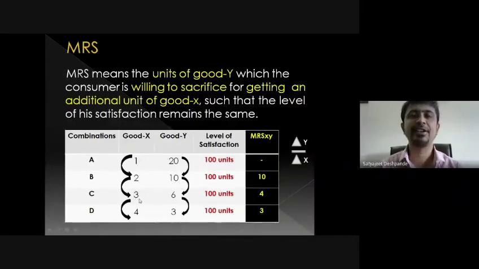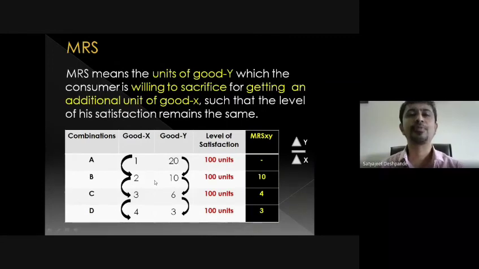And after drinking the third glass of water, if you ask him how many ball pens he will now sacrifice for the fourth glass of water, his thirst has been quenched. He's satisfied with the water. So now for the fourth glass of water, he's not even willing to sacrifice 4 ball pens. He's willing to sacrifice only 3. So the consumer's willingness to sacrifice the ball pens successively goes on diminishing. That means the MRS goes on diminishing as he consumes more and more glasses of water.